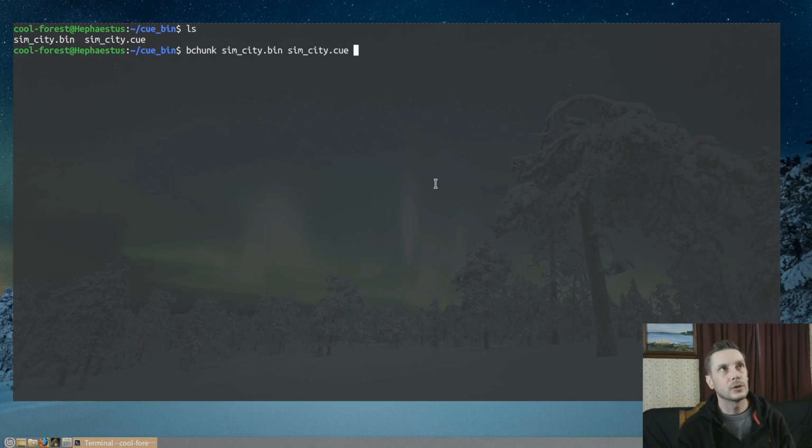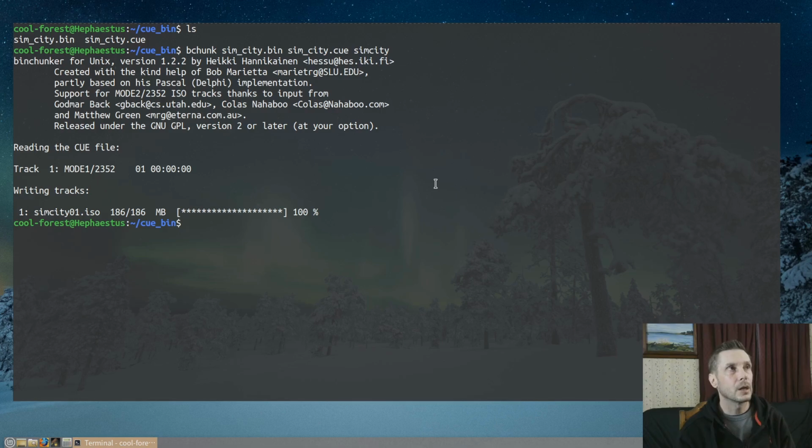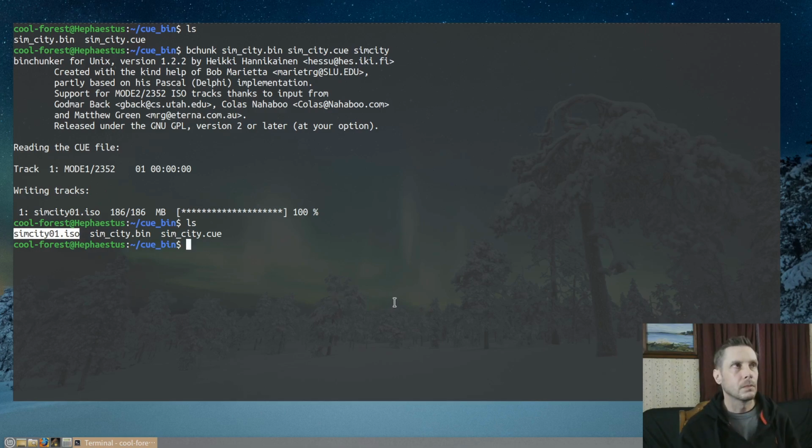And at the end, you just put what you want the output file to be. So we'll just call it SimCity, all one word. You don't need to put the extension. And hit enter. And quite quickly, you can see we have our ISO file. bchunk will automatically put a 01 on the end of your file name,